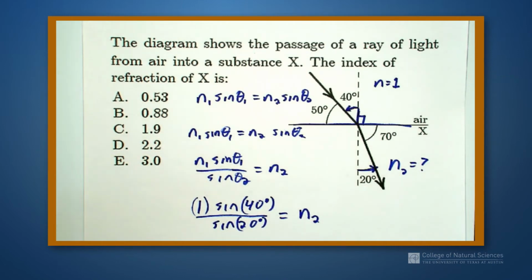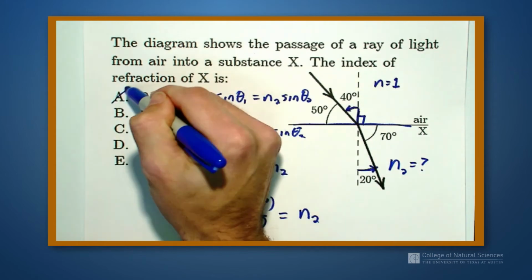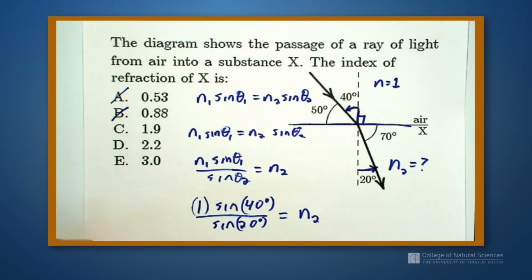Well, I'm going to just make some approximations here. I don't actually have a calculator in front of me, but I know that the sine of the angle of 40 is going to be larger than the sine of the angle of 20. So that means I can actually eliminate 2 of my answers. And